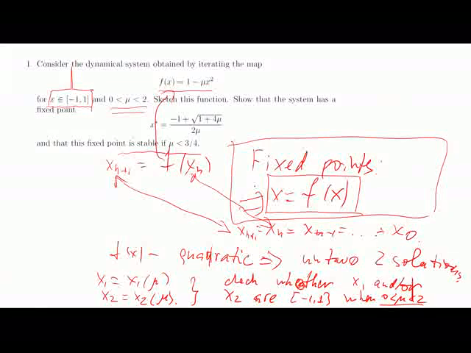Okay. So for a fixed point, by definition of a fixed point,